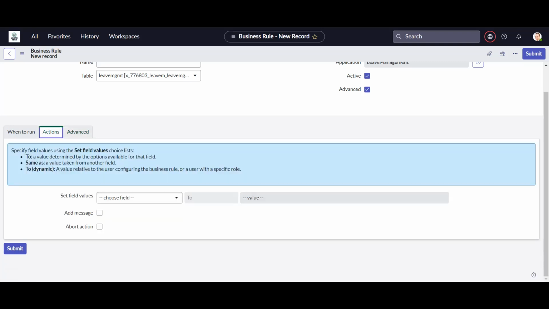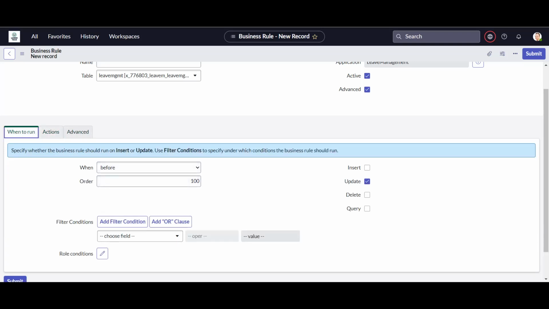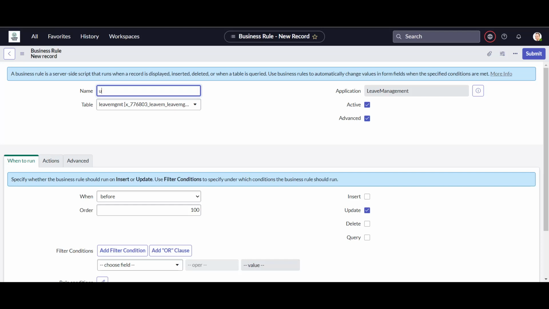Okay, so let's first start with this action field. Now let's see the actual action of business rule. Okay, now you can see when to run, what I will do, I will say updating business rule. I would say configuration. Okay, let's first of all see the configurational part. Okay, so here I will say when, before update. Okay, I will use, this is my example,